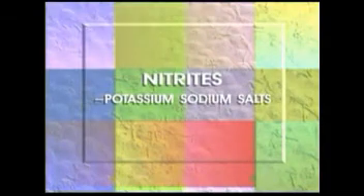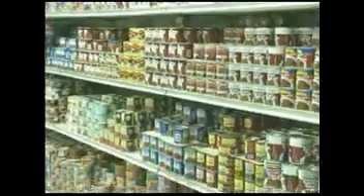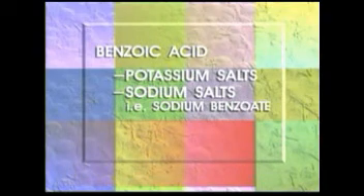An example of these are the nitrites, like the potassium and sodium salts, which are used for meat products, such as the one used in the corned beef product whose label we read previously. Another antimicrobial agent is benzoic acid and its potassium and sodium salts, such as sodium benzoate. These are found in products like juices and beverages,